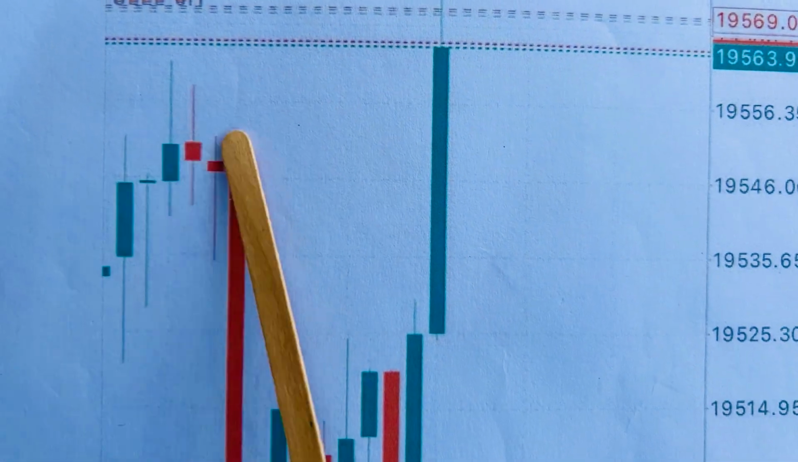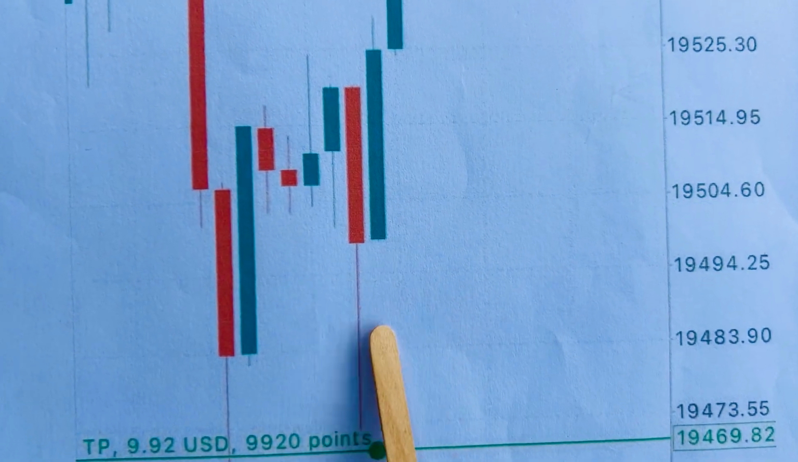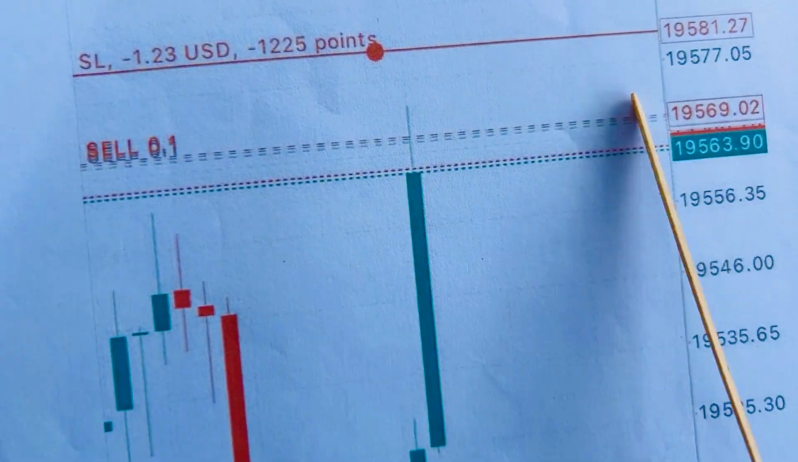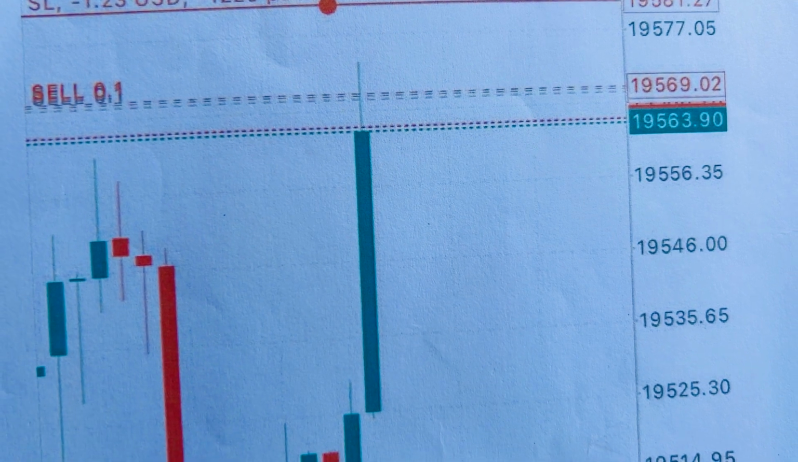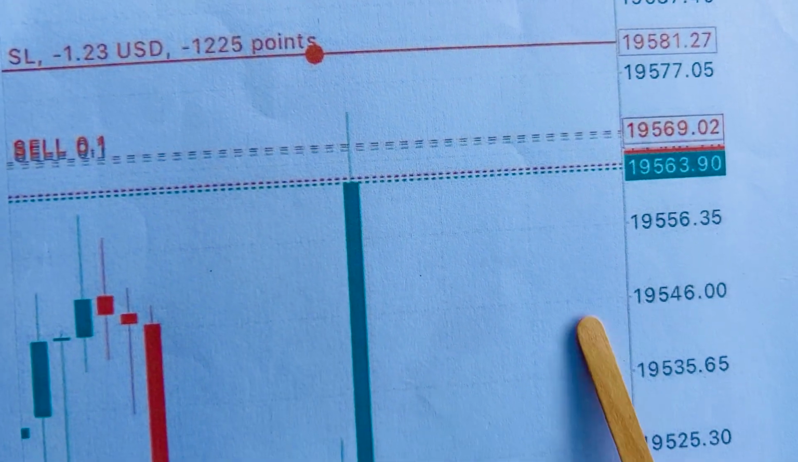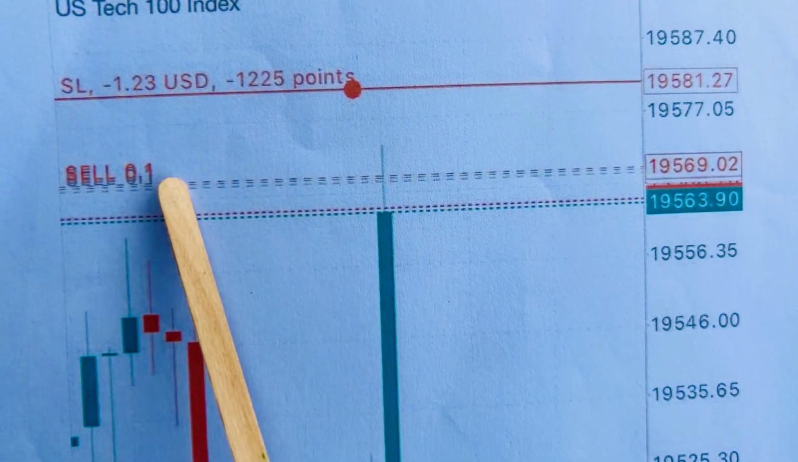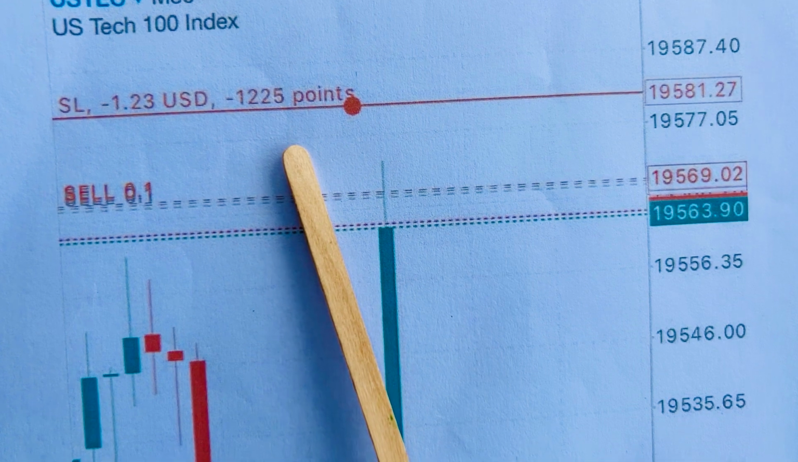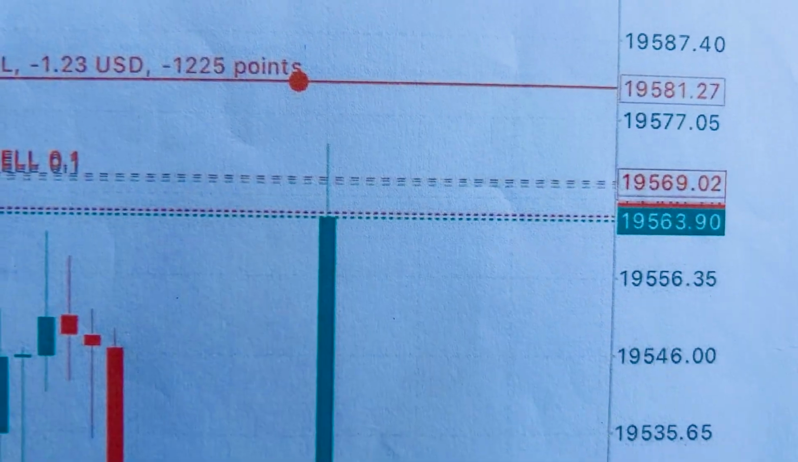Let's say in this case, you can see this is the area of resistance, and below here we have an area of support. So we use the candlesticks, we use an area, we use indicators, we use many things to set a stop loss. So for now, let's understand that these points, if right now I'm using 0.01 and the risk is 1.23 US dollars, that simply means that if I'm using a US dollar account and I have a balance of